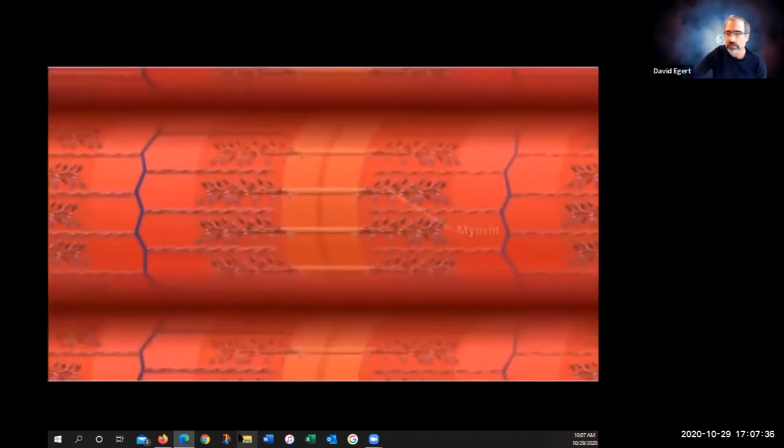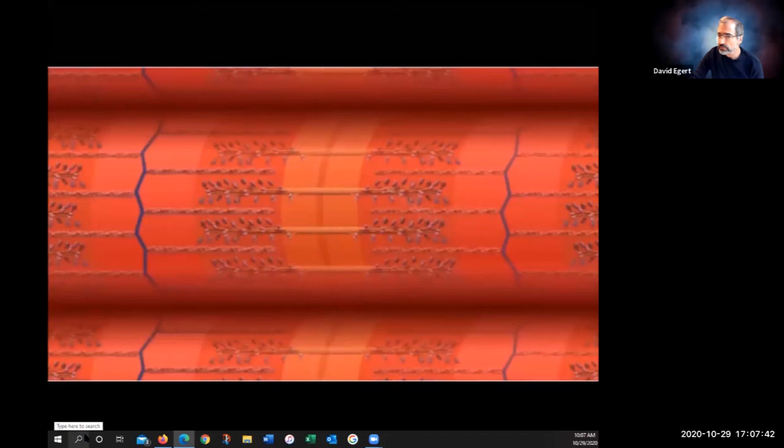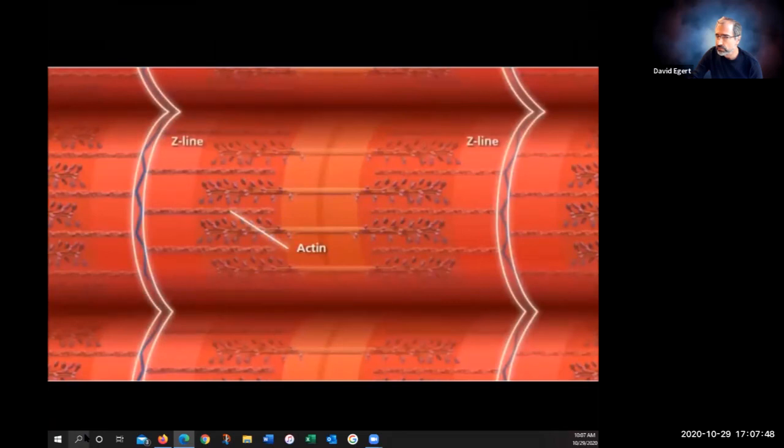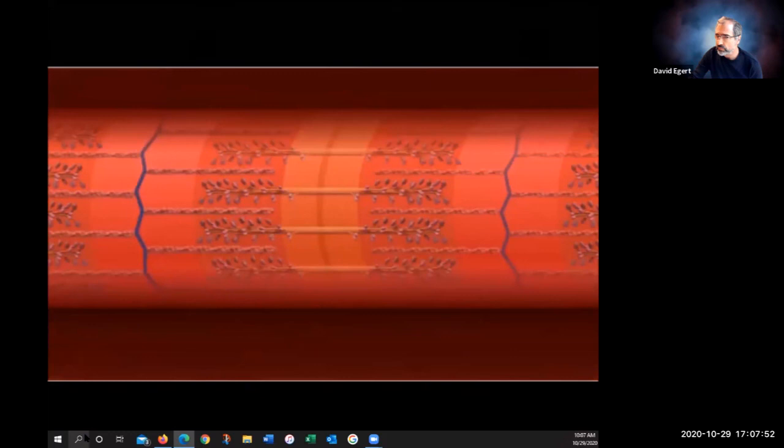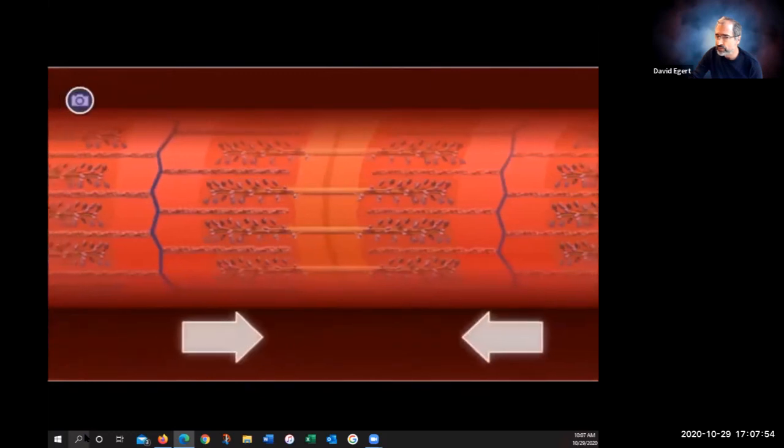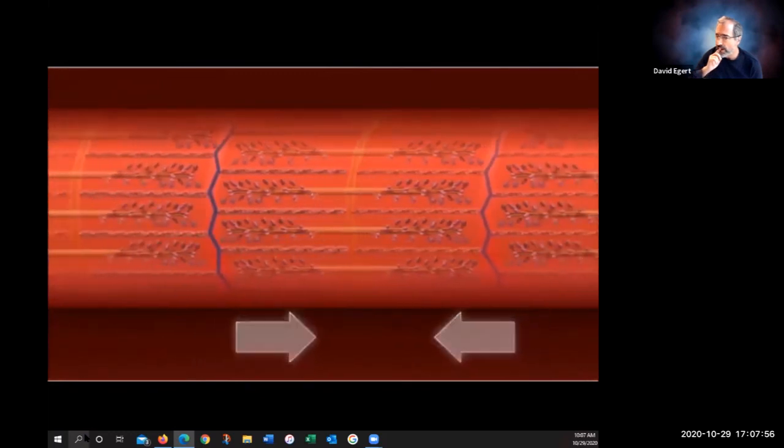The thick filaments are myosin, which are anchored at the center of the sarcomere, called the M line. The thin filaments are composed of the protein actin, which are anchored to the Z lines on the outer edges of the sarcomere. Because the actin filaments are anchored to the Z lines, the sarcomere shortens from both sides when actin filaments slide